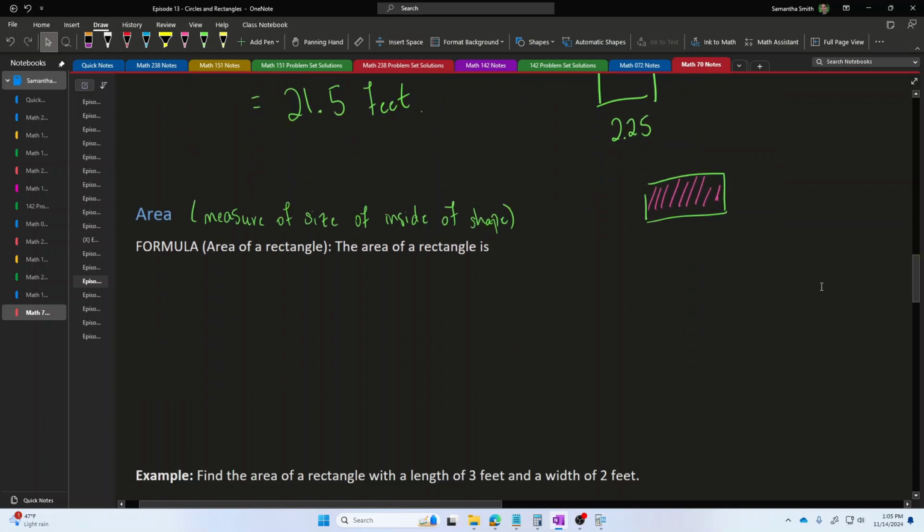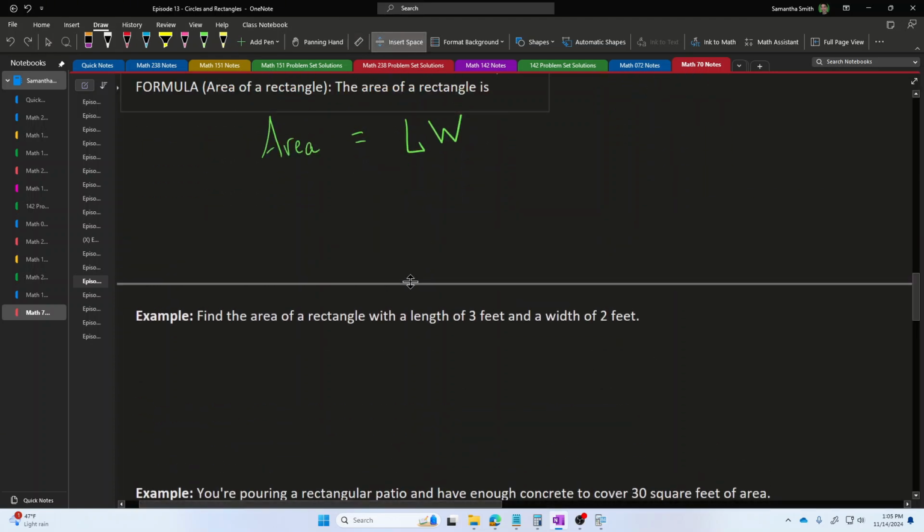Now, to find the area of a rectangle specifically, the formula that we use is that the area can be found by taking the length of the rectangle and multiplying it by the width of the rectangle. Area is equal to length times width, so the expression that I might write down is L times W. Once you know your length and your width, just plug them into this formula and you can use that formula to find the area of the rectangle.